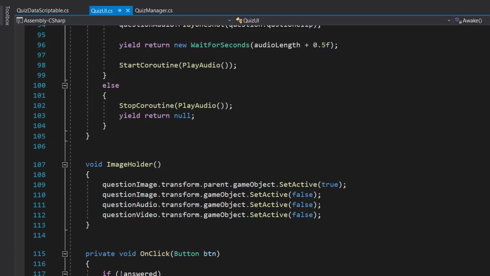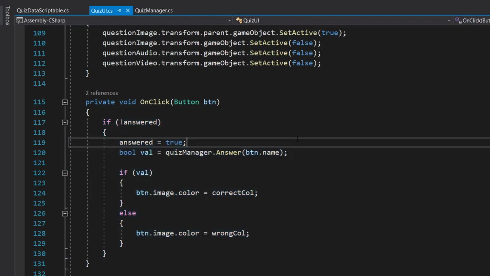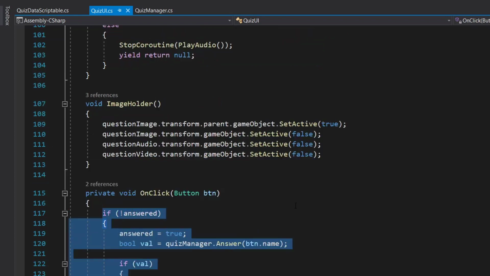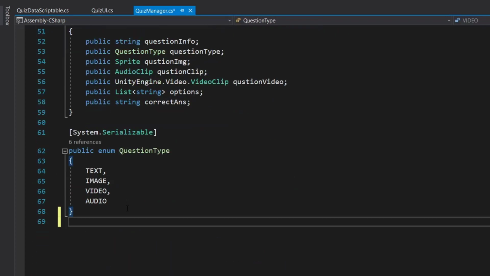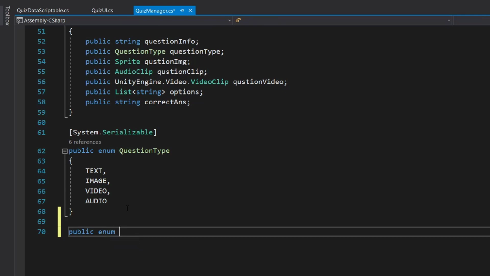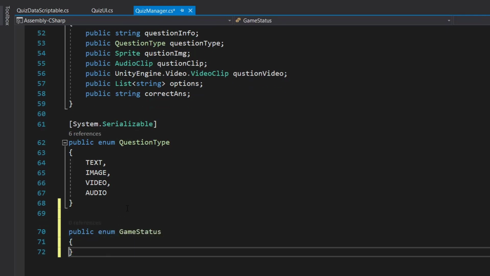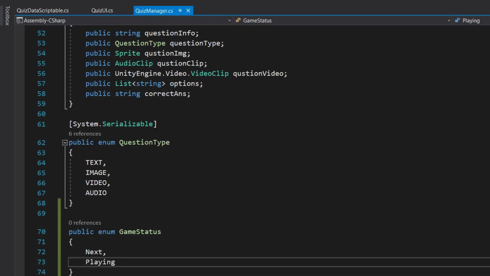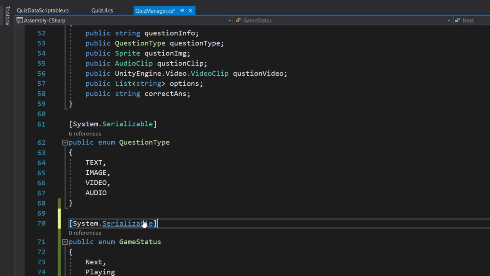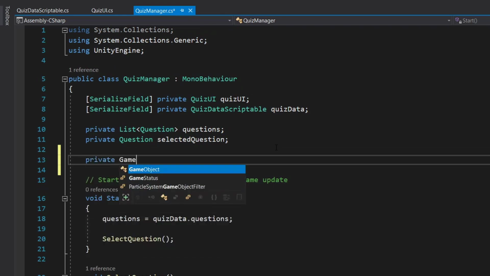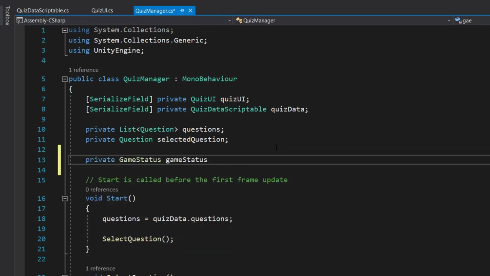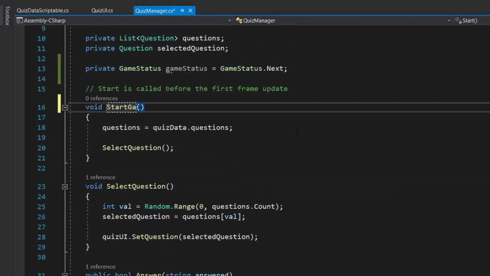Now if we go to our on click method, we need to make few changes to it so that it gets adapted to our new buttons. So in quiz manager, we will create a new enum. So public enum game status, and we have a status of next or playing. Okay, and we will make it serializable so that we can edit it from inspector if we want. So here we will create a private game status, and we'll call this game status, which will be equal to game status dot next, and instead of start we will call this start game.